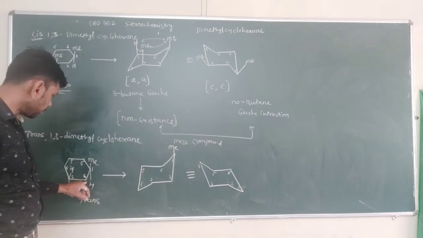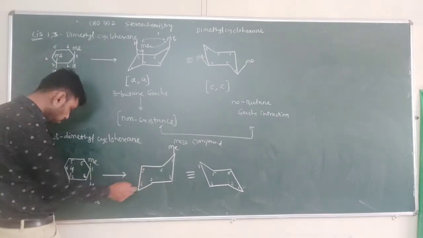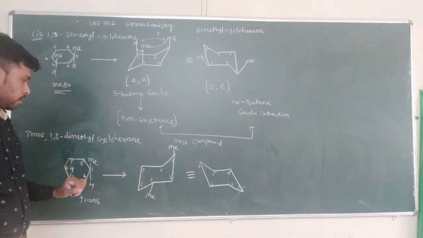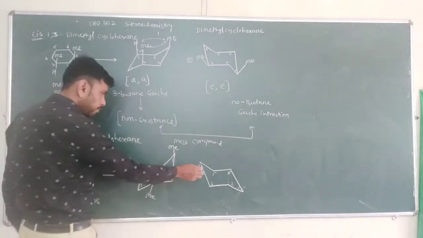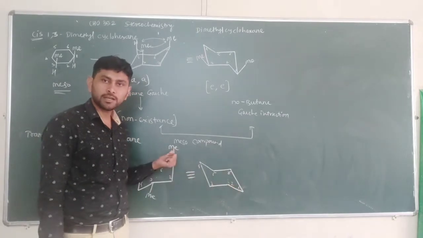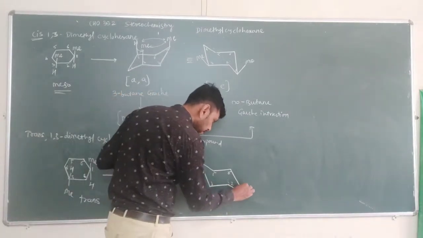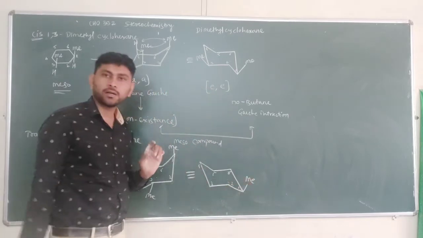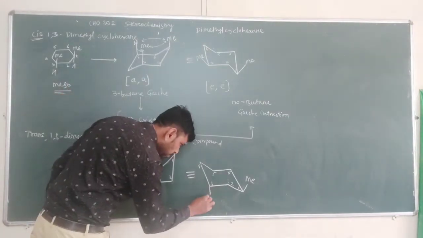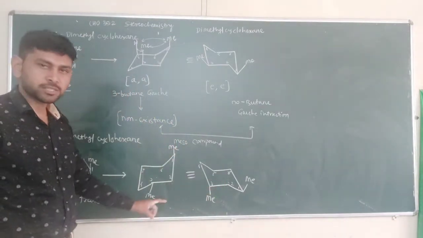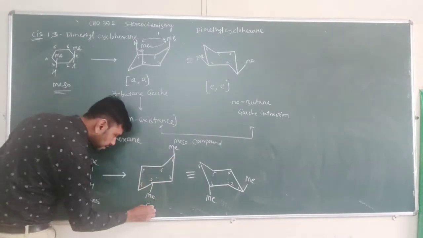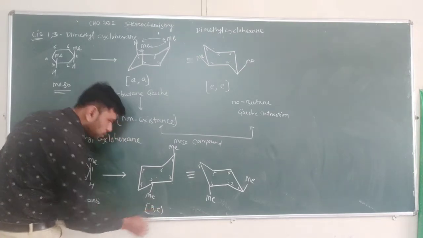Now position number 2 blank. Position number 3 contains a methyl group on the downside. Okay, methyl group on the downside. Now when we flip this ring, position number 1 goes here, but this methyl is on the upside, so it must be on the upside. And position number 3 contains a methyl group on the downside, so it must be on the downside. So if we look at the structure, then one methyl group is axial and another is equatorial.